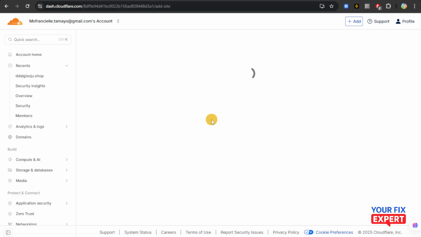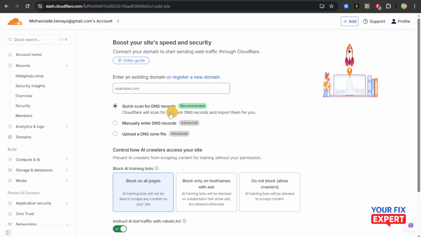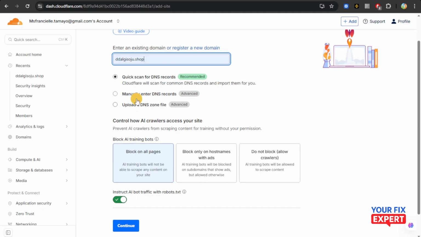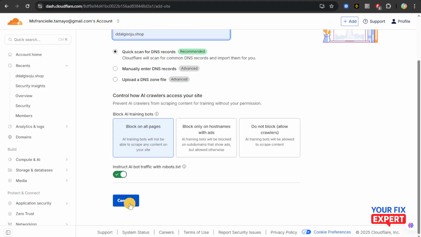domain. After that, we're going to enter our domain name, for example, yourdomain.com, and then we're going to have to click on continue. So for this one, it's going to look like this blank field. You're going to click or type in your domain. You're going to select what you want to do with your DNS records, if you want Cloudflare to scan it, or if you want to manually add it, or maybe upload a DNS zone file. Now once you have chosen, you're going to just click on continue, and then we're going to have to select